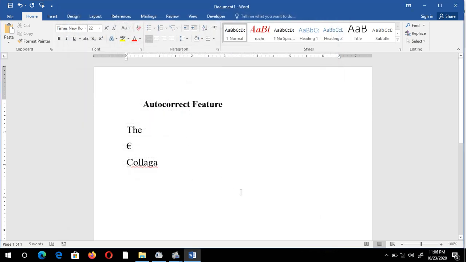Now suppose again I have to write this keyword, or I just keep my cursor on that word and it automatically changes. Suppose again I'm going to write that word and click enter. Now you can see the autocorrection feature. It changed that wrong word to the correct word. So in this way we can use the autocorrect feature and add some words to the dictionary of autocorrection. That's it for this video.